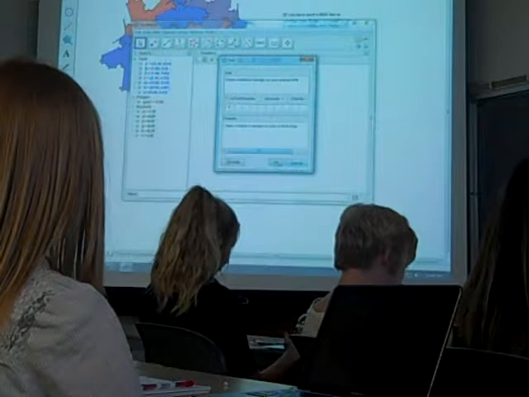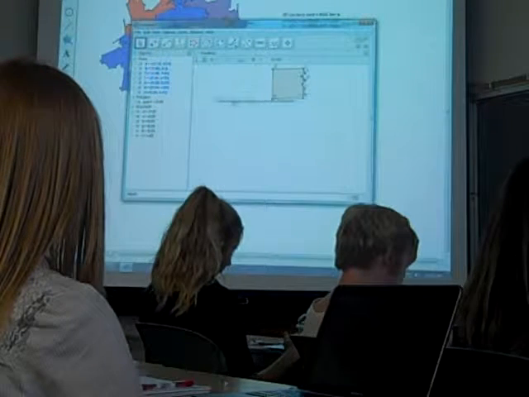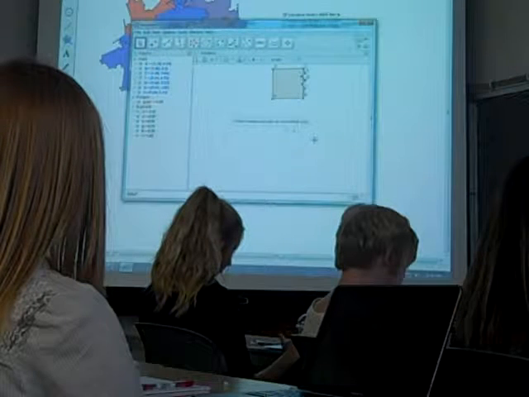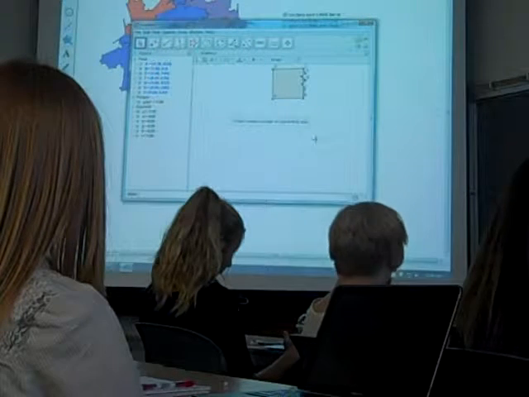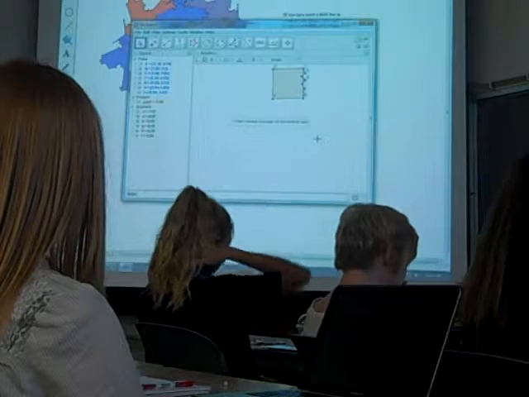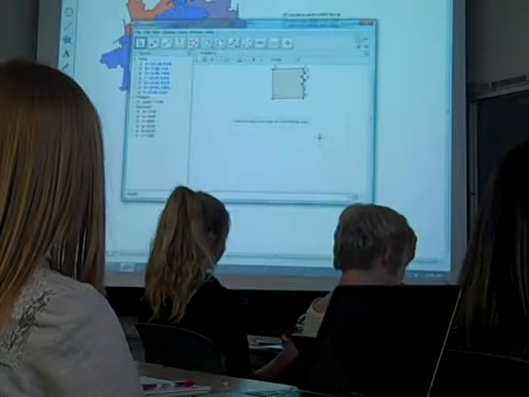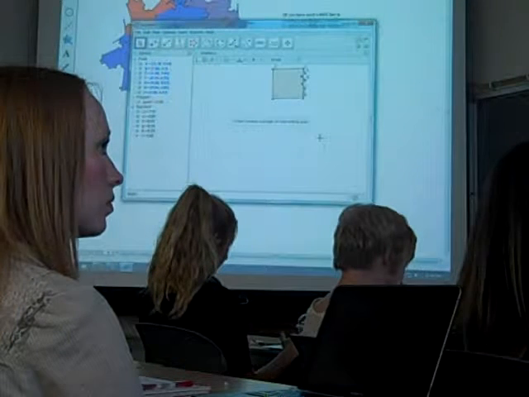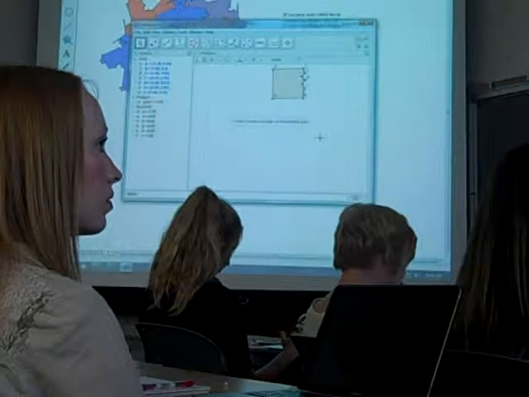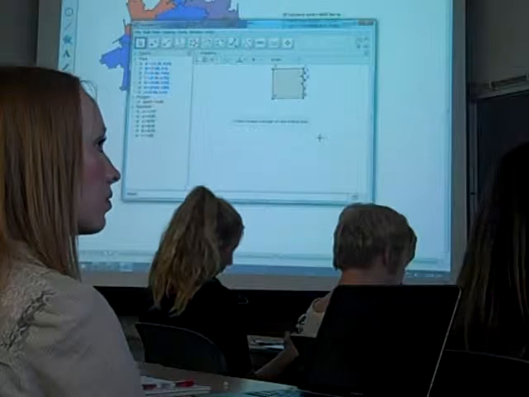Hit OK. And I move that to where I want it, right there. Okay. And I save that as test 1A. My tessellation number 1, part A.